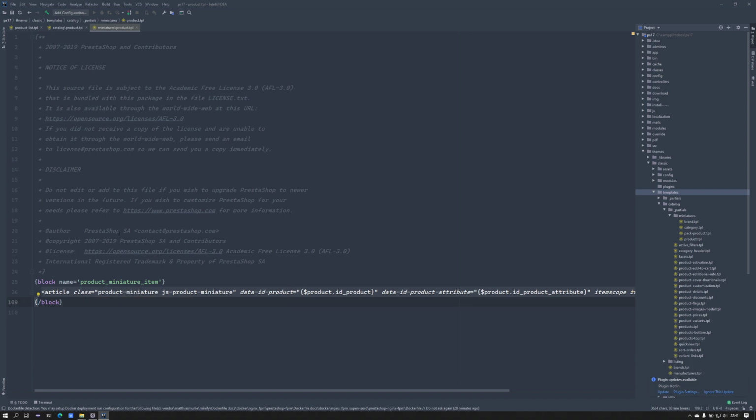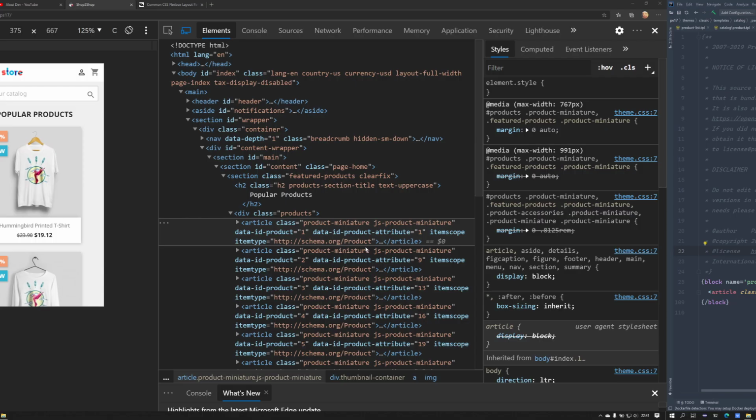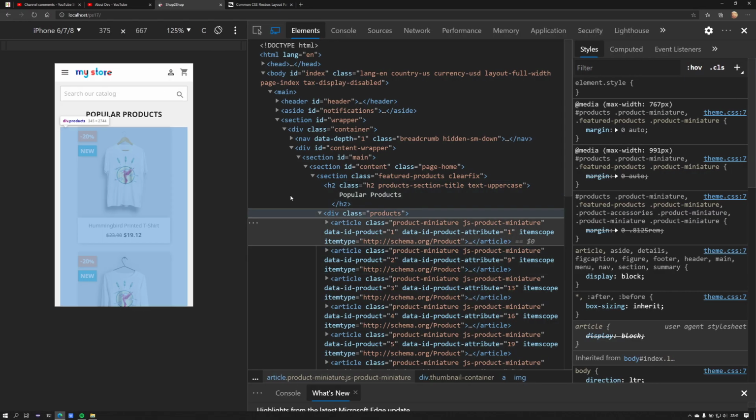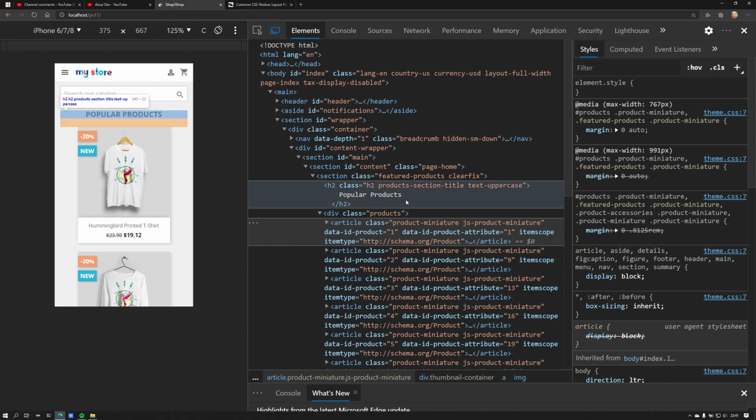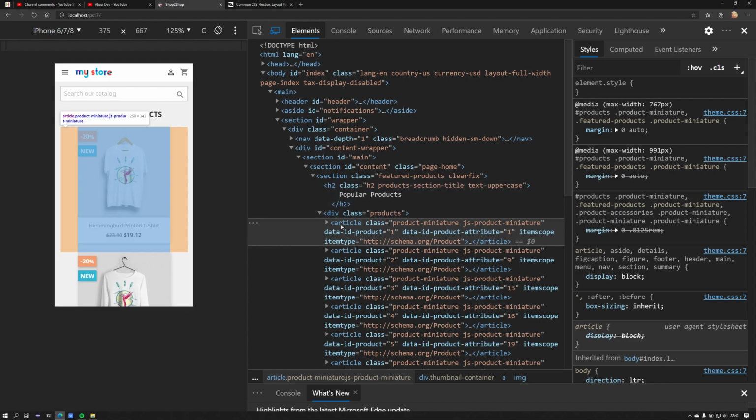But right here, this is not really important for us. I just want to show you where it comes from. Now, when it comes to updating this view to show a couple of miniatures side by side on mobile, you first have to work on the media query from 767 pixels and below. So the property is already there,